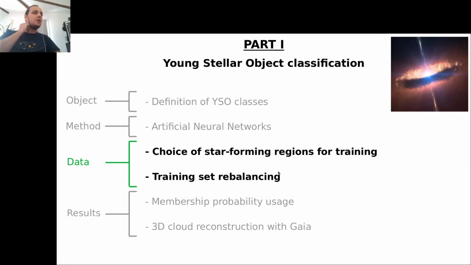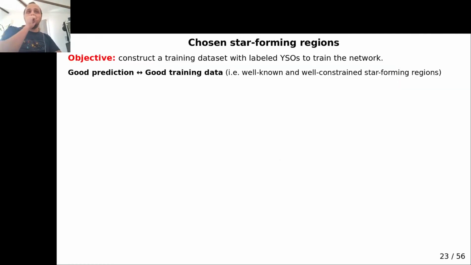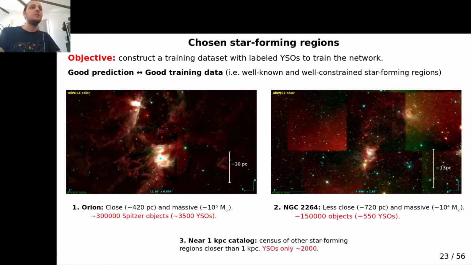So now I will describe how we constructed the training dataset for our Young-Stellar objects classification. Since good prediction requires good training data, we wanted to stick to well-known and well-constrained star-forming regions to train our network. So we selected Orion, which was observed with Spitzer, giving us up to 3,000 YSOs, and Orion is really the closest and most massive star-forming region that we can use for